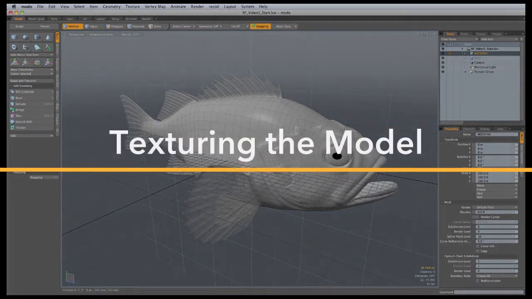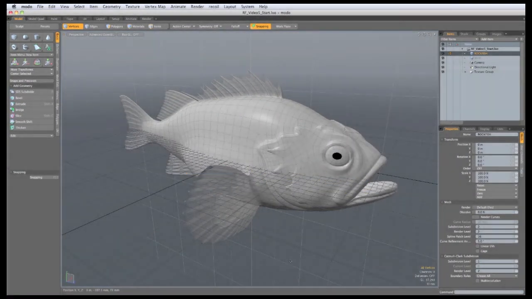So in this video we're going to texture the fish, and we're going to do it in three parts. First of all, we're going to create a bump map, and then we're going to use that bump map to help us create a color map, and then we're going to use both those maps to help us complete the texturing. So the bump map is going to contain all of the detail for the scales on the body of